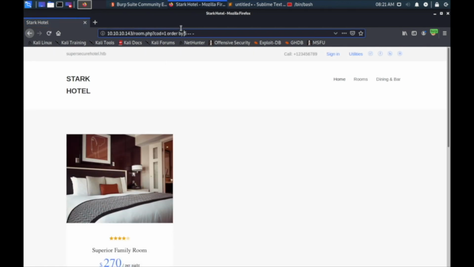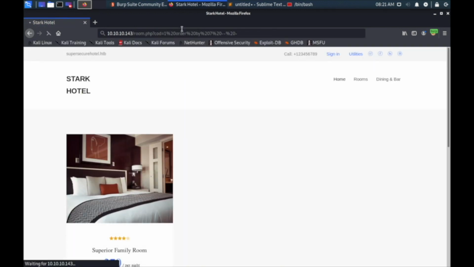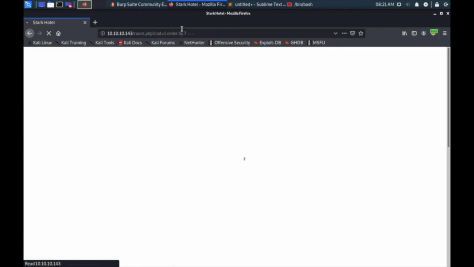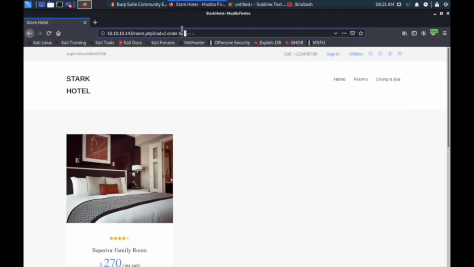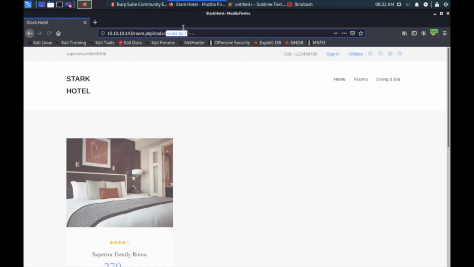it's not giving me an error. I will just continue incrementing by saying 6, still no error. When I say 7, still no error. When I say 8, it gives me an error because the search result is just disappearing. So the last number before the error message is the number of columns, which means 7 is the number of columns in this case. What I'm going to use is the union